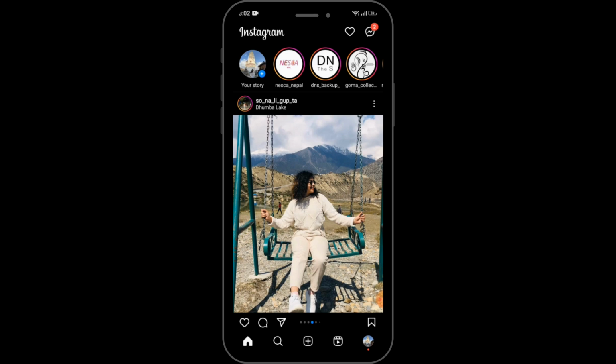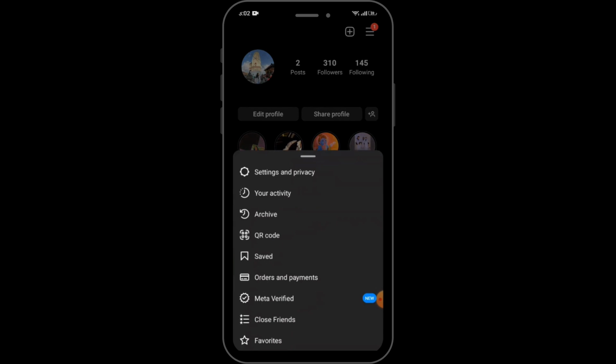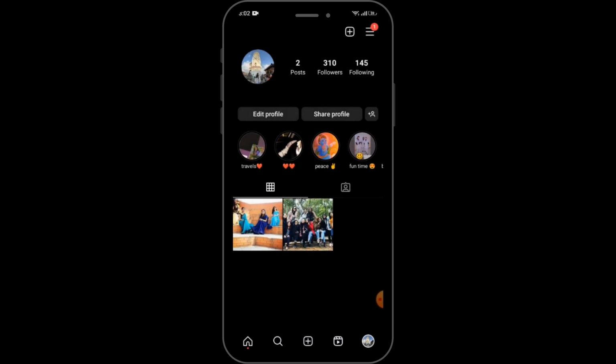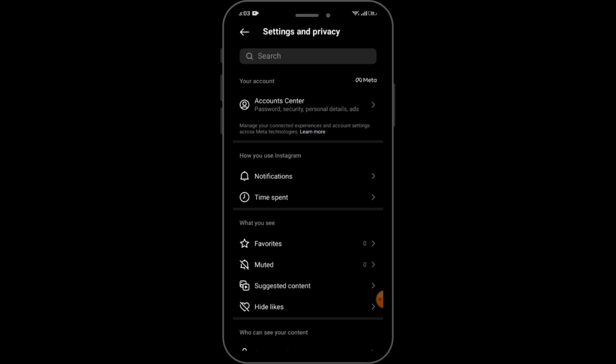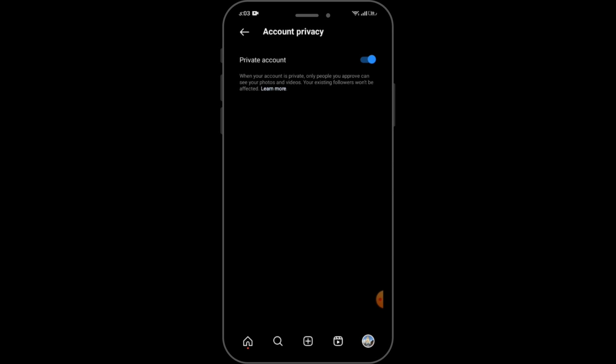So for checking whether your account is private or not, go to the profile icon in the right lower bottom corner. After that, tap on the hamburger option in the right upper corner, and here you have to tap on the settings and privacy option. After that, scroll down below and tap on the account privacy option. So here you can see my account is private, so in this case you won't be able to find a